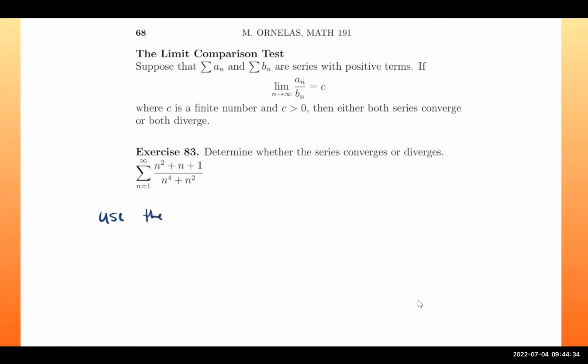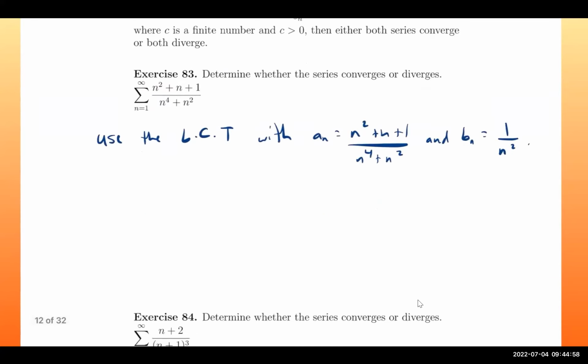So we're going to use the limit comparison test with a sub n equals n squared plus n plus 1 over n to the fourth plus n squared, and b sub n equals 1 over n squared. And then we're going to take the limit of a sub n divided by b sub n, which is going to be